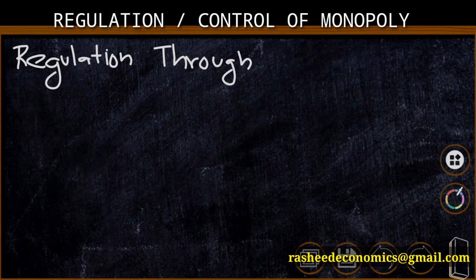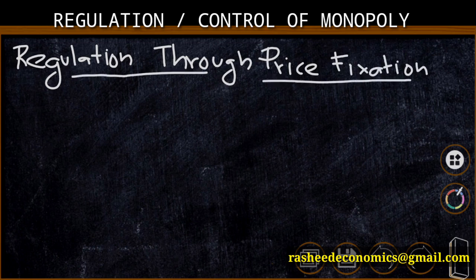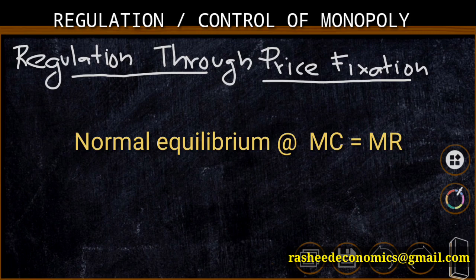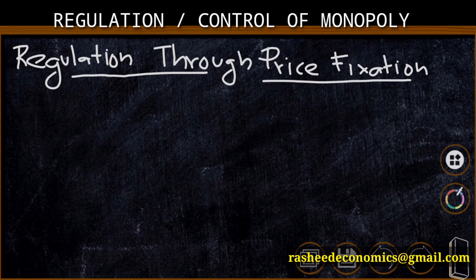Next we are moving to the regulation of monopoly through price fixation. There are various methods to fix the price of a monopolist. Normally a monopolist fixes prices on the basis of the equality between MC and MR. Government can intervene in this and influence the strategy of pricing. Instead of MC equal to MR pricing, the government can fix the price of the monopolist through